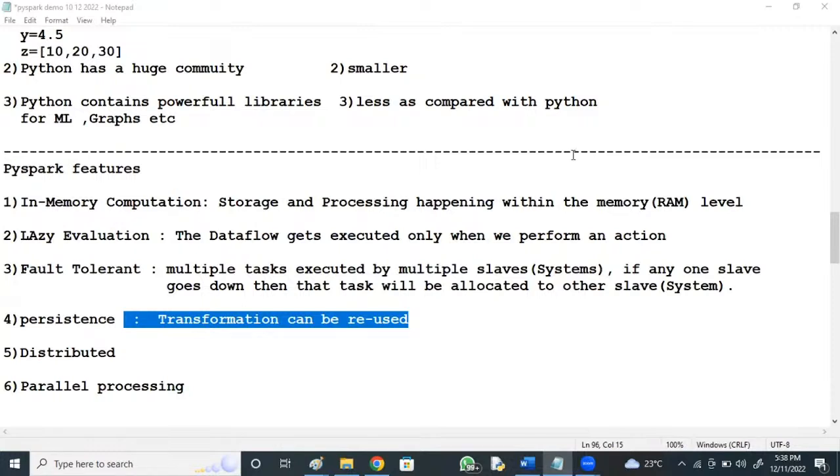Spark execution model in brief I'll be discussing. Spark features: computation, persistence, fault tolerance, lazy evaluation, in-memory computations, how processing happens, and the different persistence levels, fault tolerance. Spark ecosystem, all about the Spark ecosystem, everything we'll be discussing as part of this. No need.